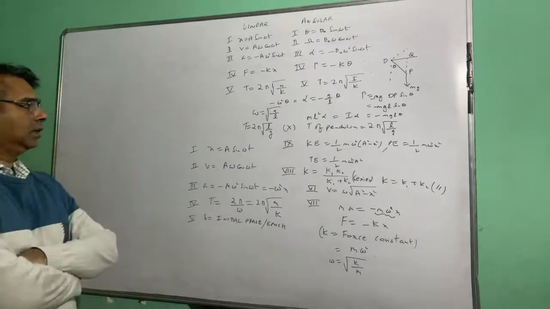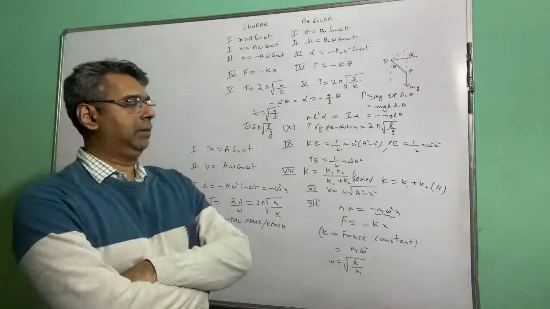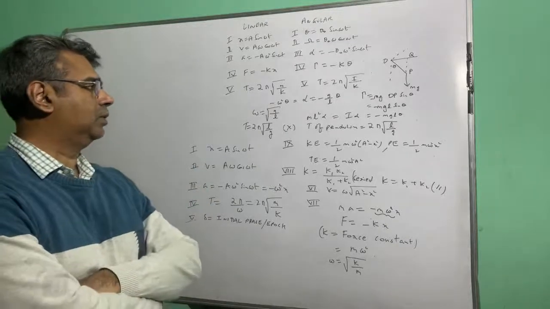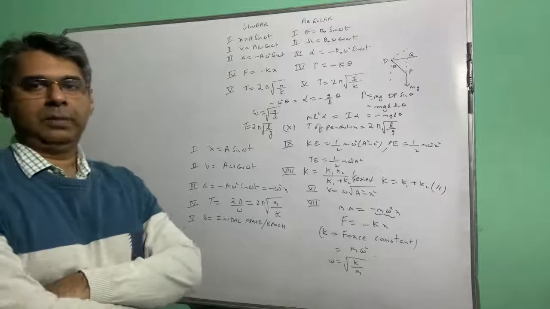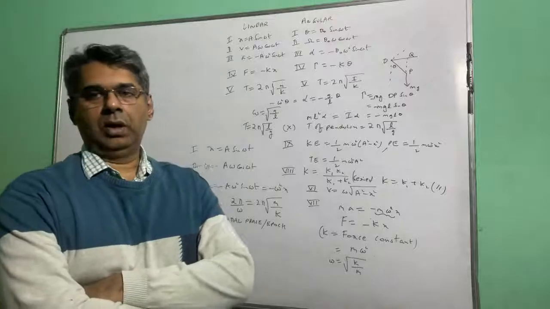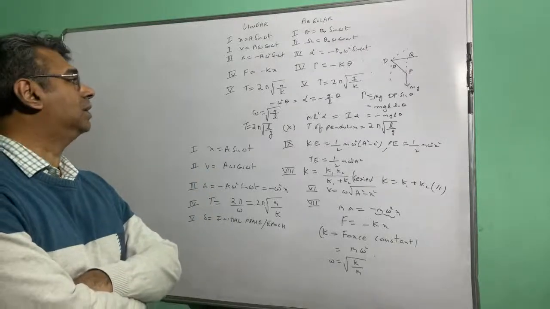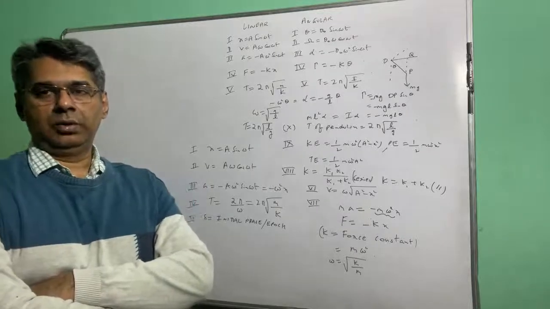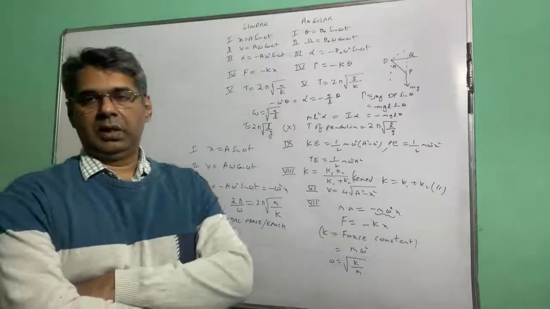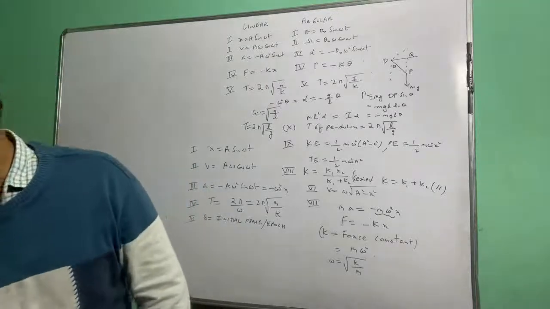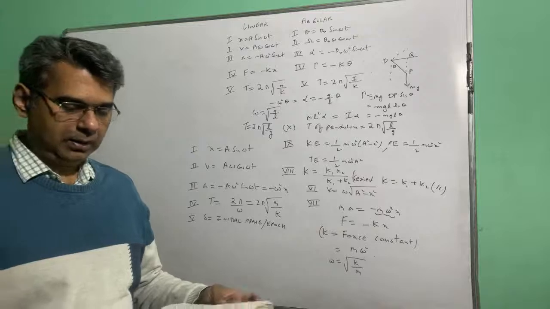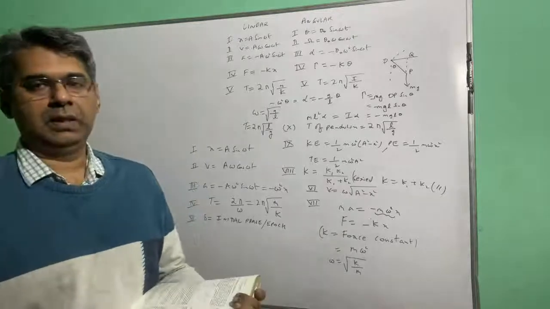So this is another way to derive the time period of a pendulum using angular simple harmonic motion. If you use angular simple harmonic motion, then also it is coming 2 pi root L by g, right? Now, is there any other use of angular simple harmonic motion, or is it just an alternative method to study the oscillation of a simple pendulum? The answer to that question is that angular simple harmonic motion can be used to analyze a